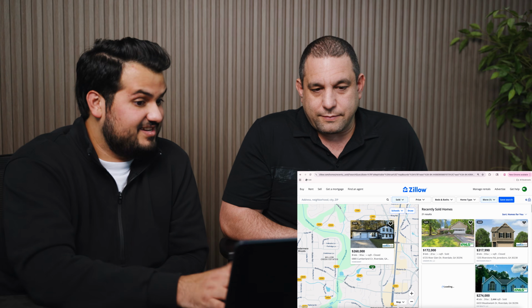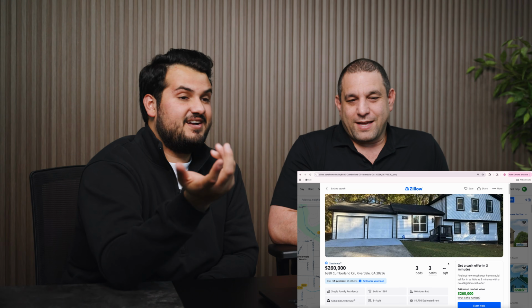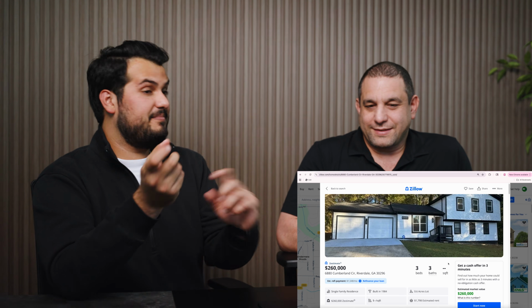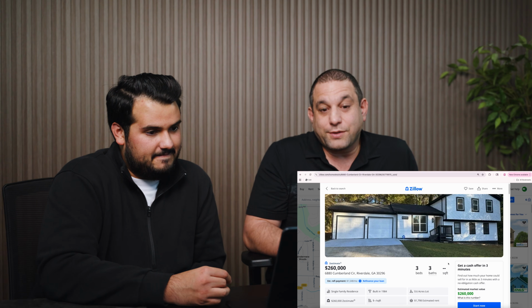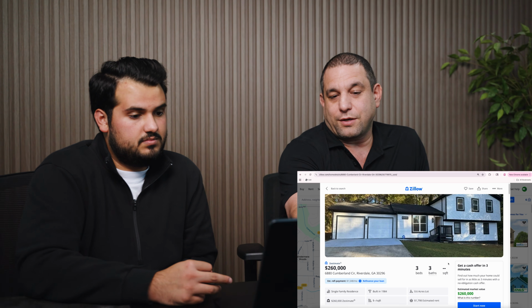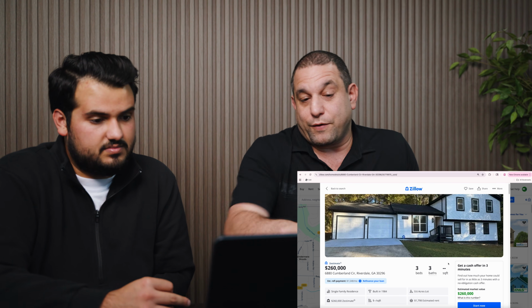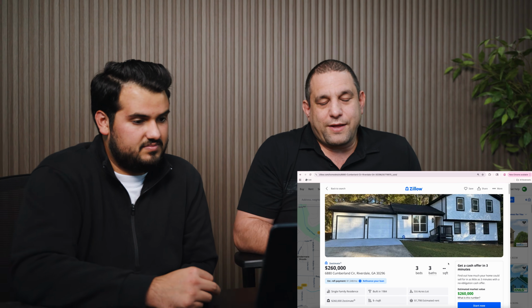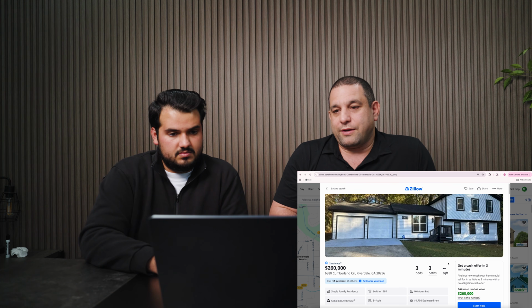Now, look at this case here. And we just got one. Let's click on it and see why it didn't come up. There you go. The square footage wasn't there. See? If you're putting a square footage range, the minimum square footage is higher than 0. So now it doesn't come up. It's a great example of what we just talked about. This doesn't happen most of the time, but it happens sometimes. And you've got to see these properties. Now this is an older property also. It also wouldn't have come up because it's older. But it wouldn't have come up mainly because of the square footage, even if it wasn't older. So I like to do that, especially if I don't see a lot of comps. If I see a lot of comps, I don't even do that. But that's just another thing you can do.